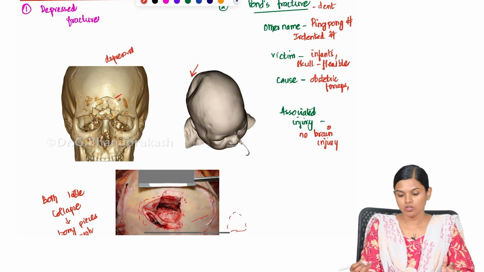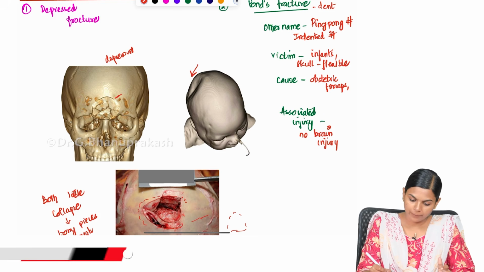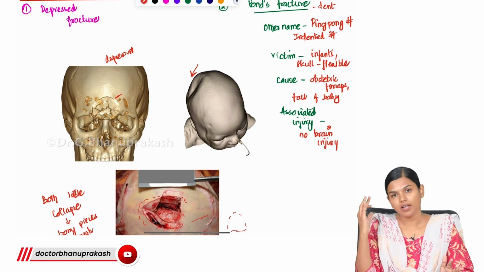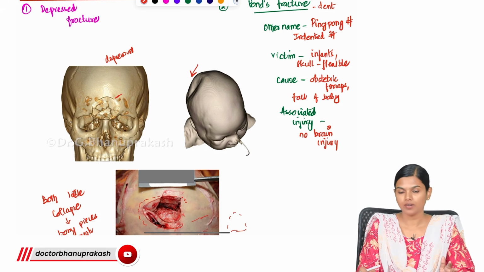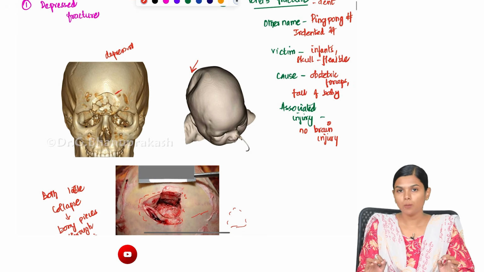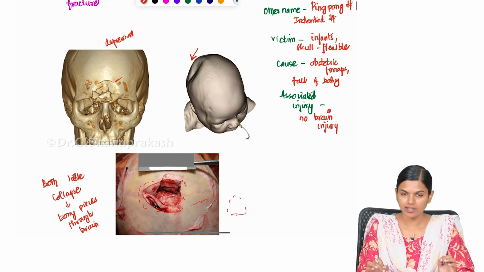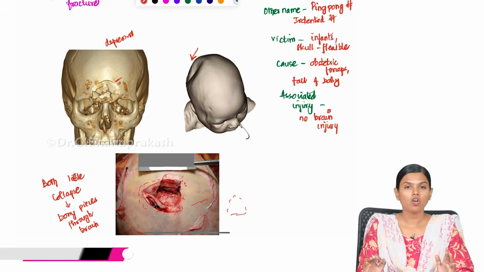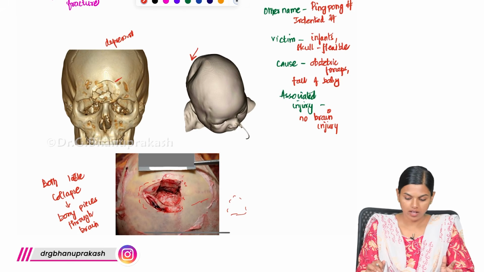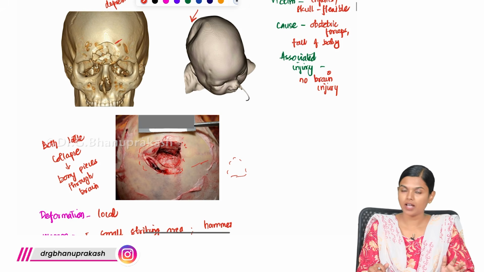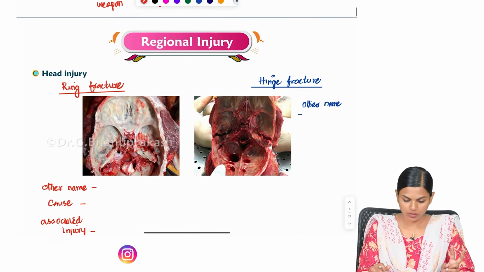Otherwise, you can also have a fall of the baby. Because of the fall, that hit to the head can cause this indented fracture. So this is about the ping pong fracture. It is basically a dent, not an exact fracture, commonly seen only in infants, and there will be no associated brain damage, so there will not be any deformity seen in the baby. So these are the first two types of fracture.